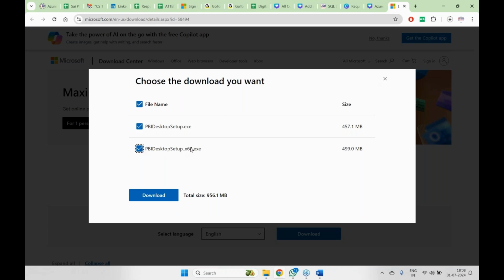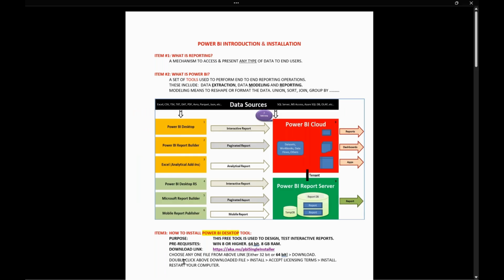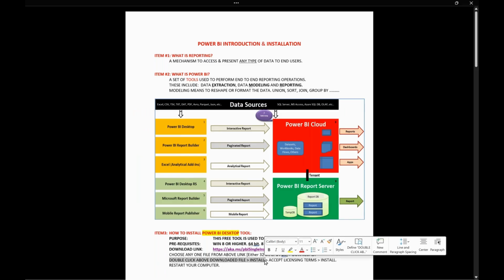Click on the 64-bit, you download. Download, then double click and start the installation. Okay, here it is. Make sure your Windows